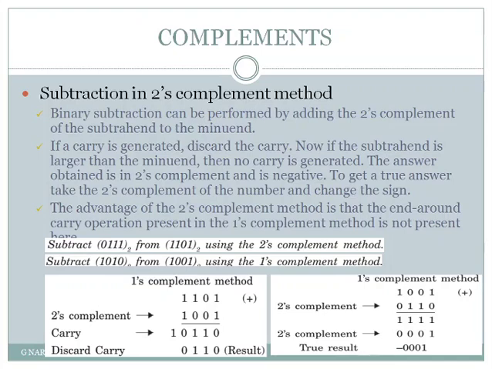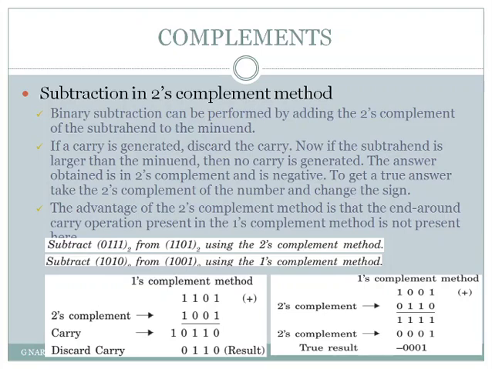So there is one extra addition operation that is to be carried out in one's complement method. But what about the two's complement method? Here we simply ignore the carry or simply discard the carry if it is generated. So here we save one addition operation compared to one's complement method. So this gives the advantage for the two's complement method over the one's complement method. And now we'll look at how to perform the subtraction in two's complement method by observing a few examples.